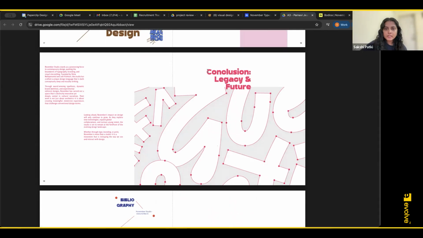Also, just one opinion: for example, this is kept left aligned, but it is kept in the center. So this kind of breaks the balance in the overall frame that you see. So if it was kept either center aligned and in the center, it would have